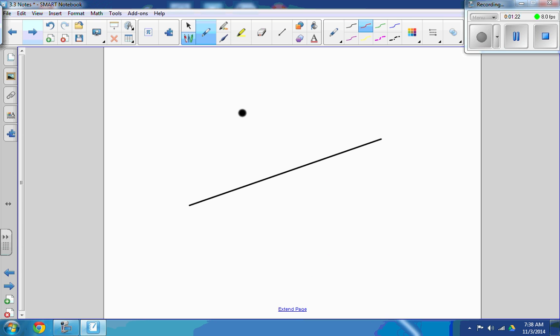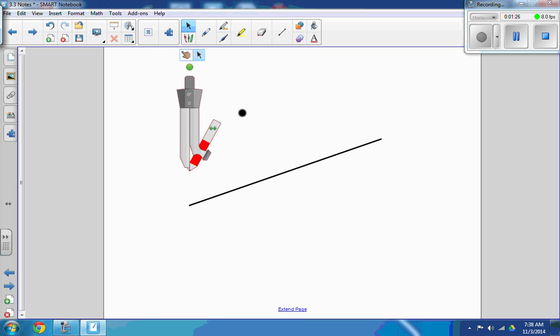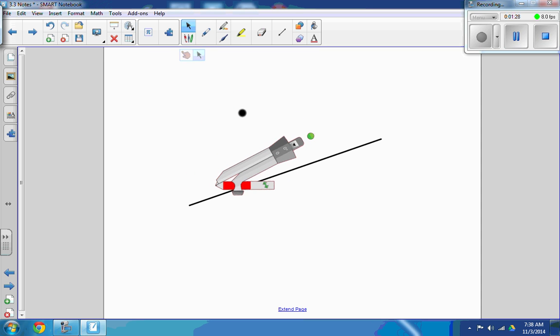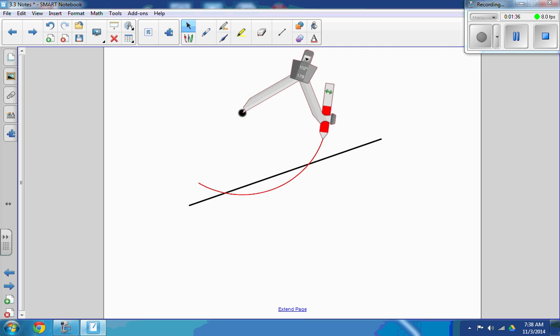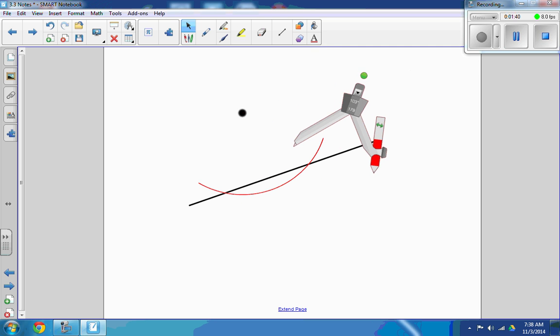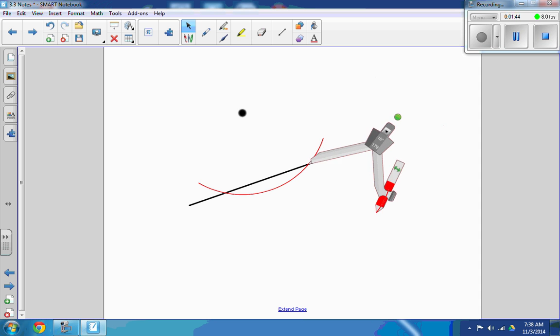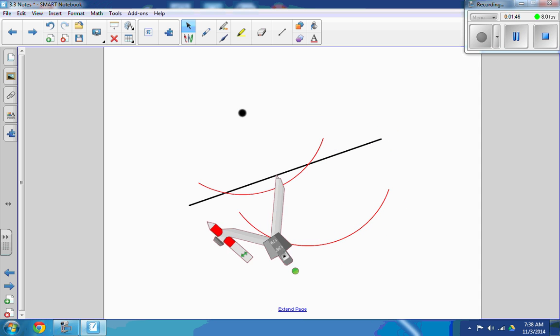So let's try another one. Again, I'm going to start with my compass. I'm going to put my rotation point on the point. Now I'm going to take the compass just past the line, and you can see it intersects the line at 2 points. I'm going to move my rotation point to those points where they intercept, draw an arc, move it to the other side,